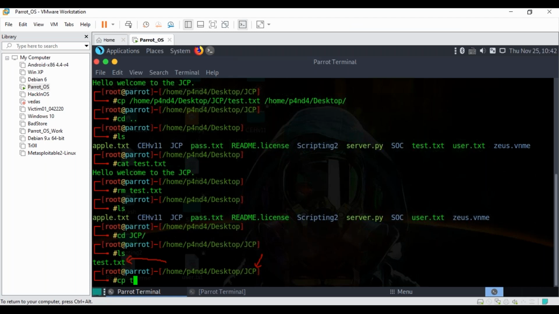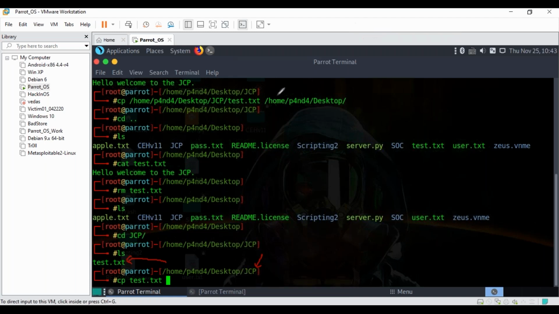I can simply do cp test.txt because I am inside that directory.